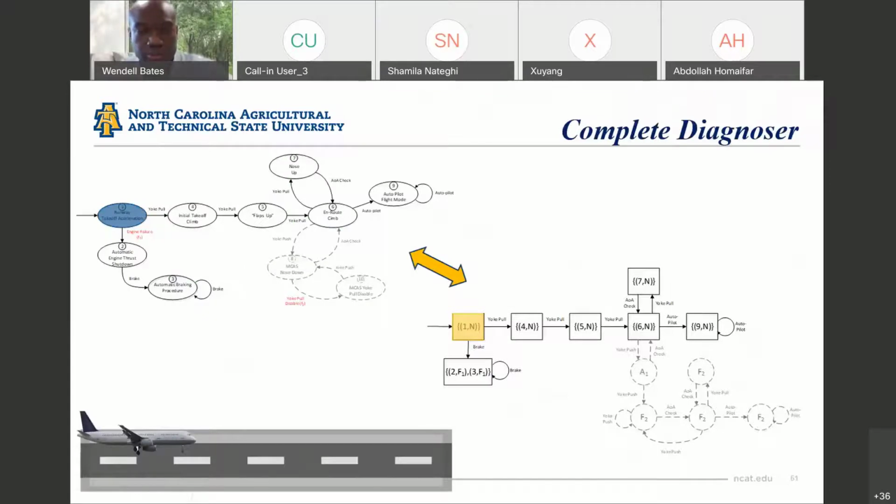And so a simulation of how this works: on initial takeoff, we're on the runway, we're entering takeoff acceleration, no engine failures have occurred, so the pilot begins to pull back on the control stick. We begin our initial takeoff climb, so we're still normal, as you can see in the diagnoser on the bottom right. We then get into flaps up,